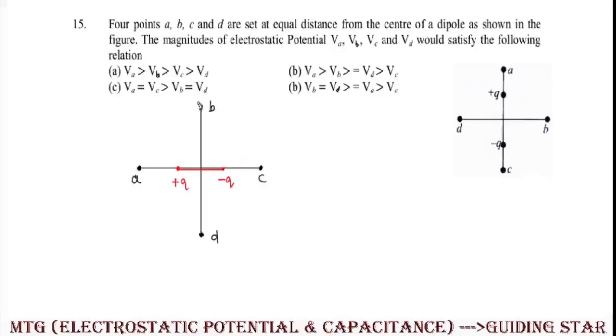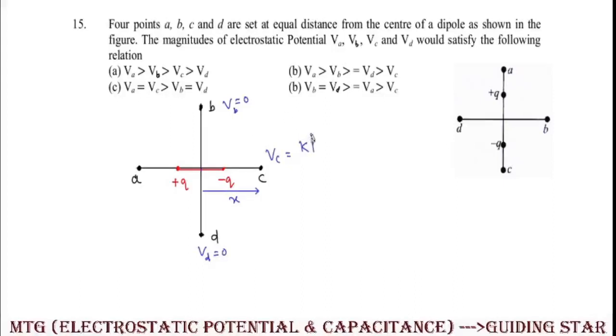We know that B and D both are present on the equatorial line of the dipole. Clear? On the equatorial line of the dipole, that means here potential will be 0 and potential at D is also 0. Potential at C, if it is situated at a distance x, will be